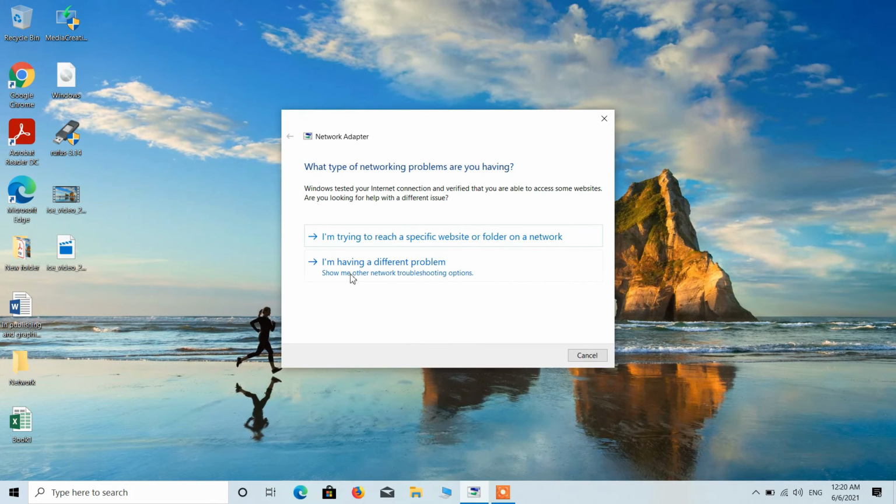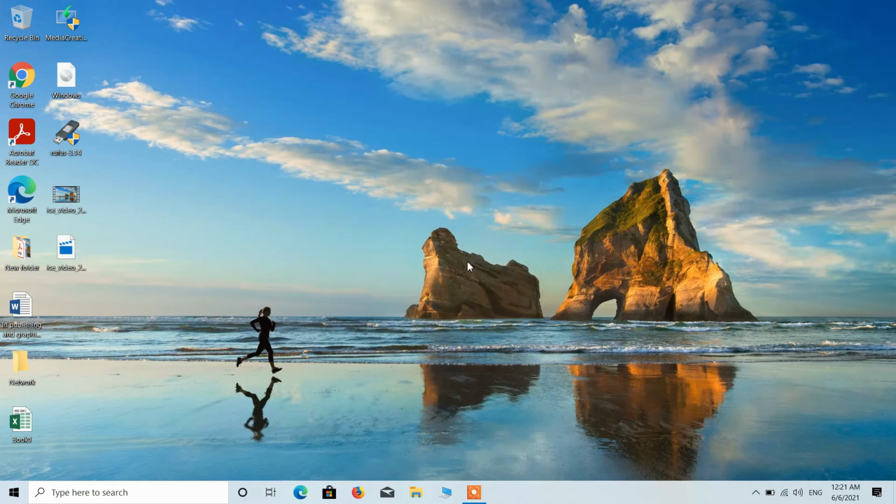In my case it is not showing any type of issue because the internet is working fine. So just go ahead and click on the next button if it is showing in your system. I will click on this cancel button. So this was the 4th method.